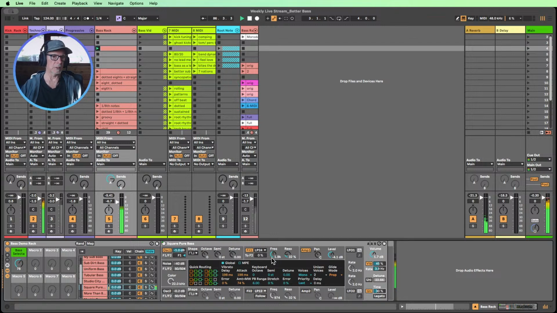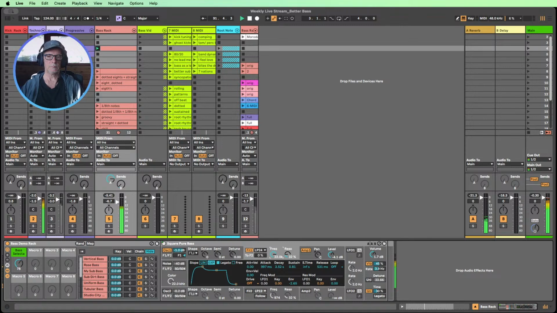Playing around here with the synth now. I like to make my own sounds from scratch, but today I'm using Ableton Live presets here, all available inside of Ableton's browser. But I can shape my sounds with all of these. So by adding a bit of glide, I get this kind of extra kind of weird bendiness.